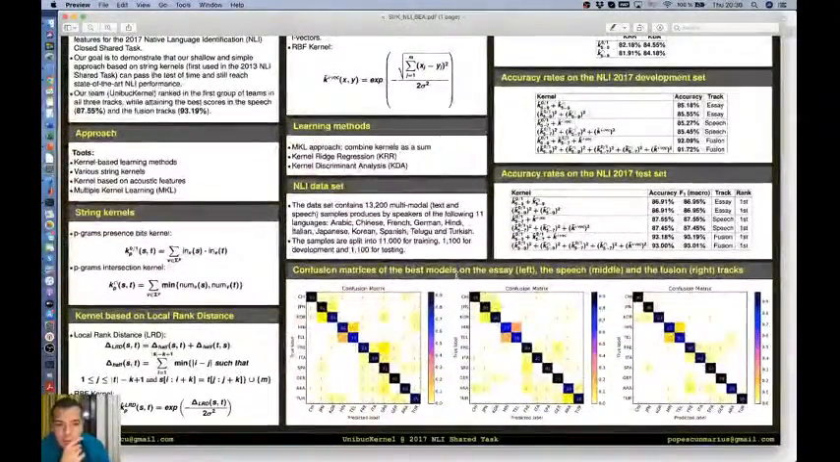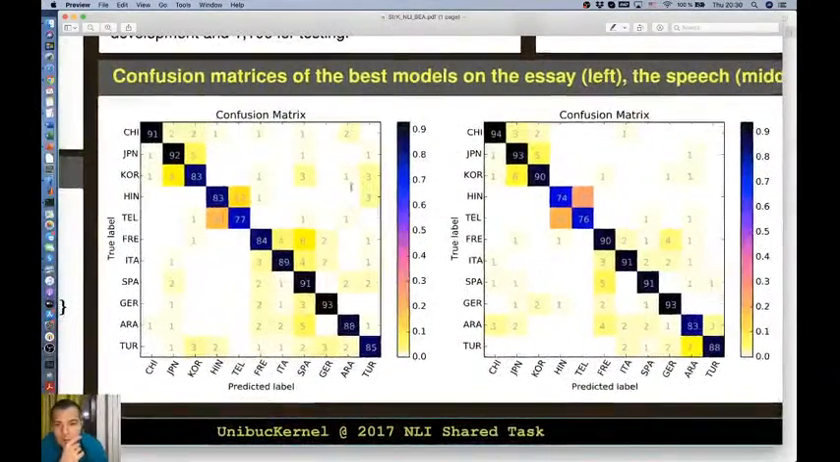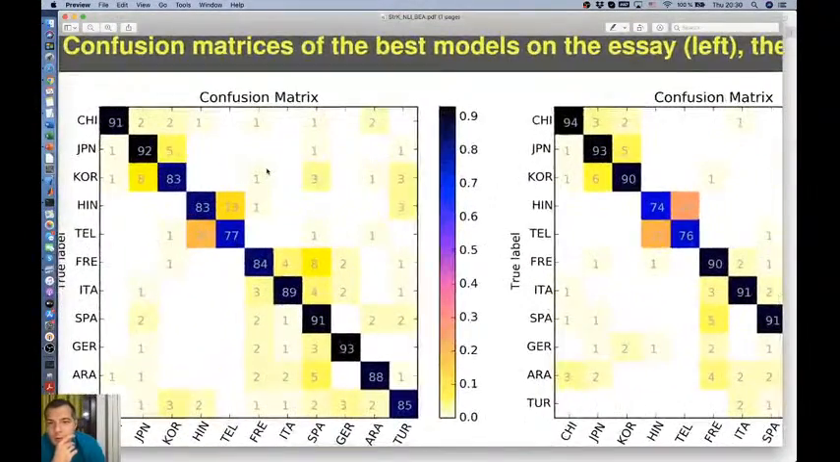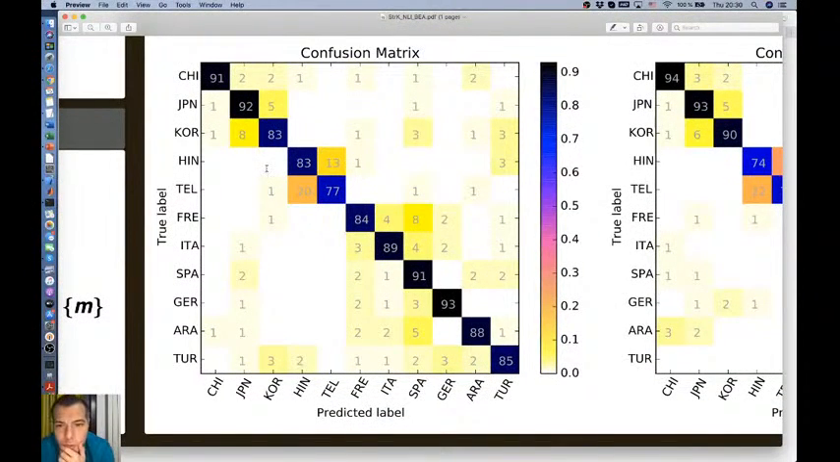Yeah, we have some confusion matrices here. Okay, so we can look at these. So this is a more complex confusion matrix, which shows, for example... Okay, just a brief context. In this task, we had to